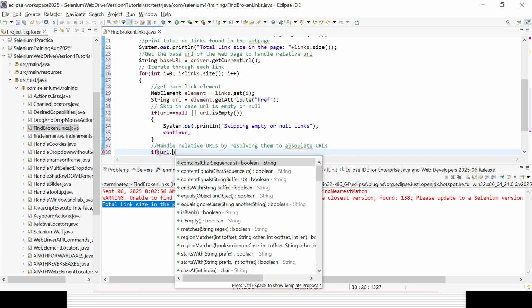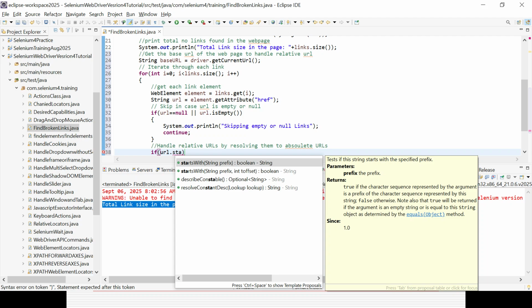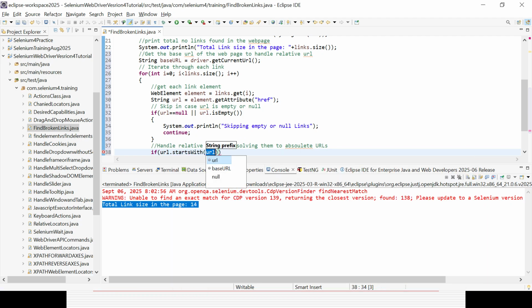URL dot startsWith "http://" and not HTTPS, then I can add the base URL plus URL. So here I can give HTTP colon double slash, but not HTTPS. And, ampersand, both conditions should match. And ampersand,